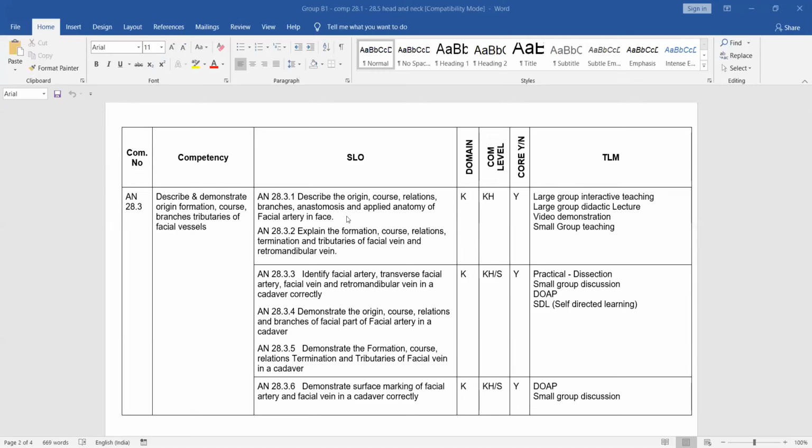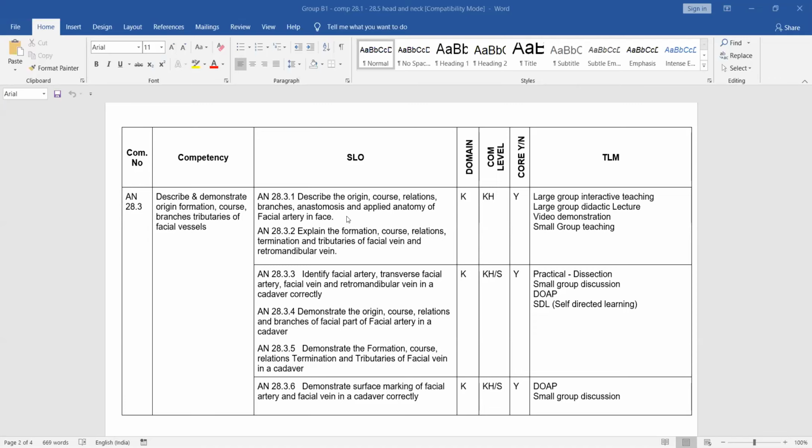Yes, ma'am. I too agree with madam, because making the changes again and again, this or that, will be confusing. So we have to stick to that one point. If it is knowledge domain, then we can go to reach the higher level, Knows How. The same way for psychomotor domain or skills, whatever it is, we can go up to Shows How level. And regarding the splitting up of specific learning objectives, ma'am,